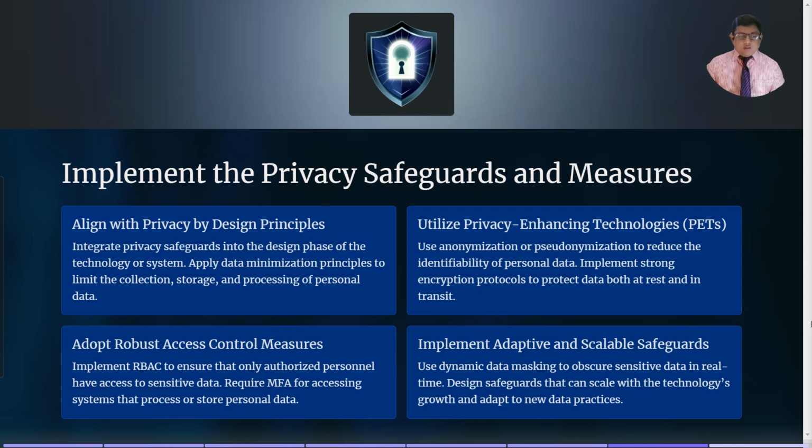Implement RBAC to ensure that only authorized personnel have access to sensitive data. Require MFA for accessing systems that process or store personal data. Utilize privacy enhancing technologies, PETs. Use anonymization or pseudonymization to reduce the identifiability of personal data,